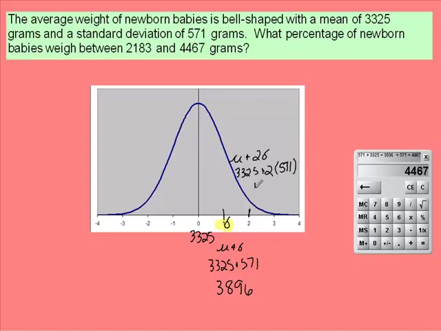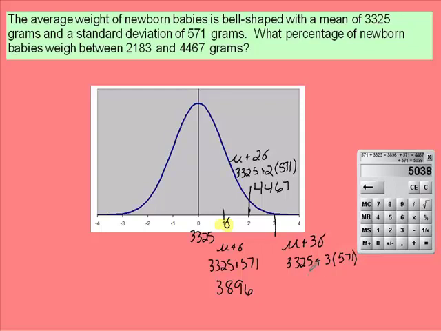Rusty trusty calculator tells me 4,467 for the upper, meaning above the mean, 2 sigma limit. My third sigma limit, mu plus 3 standard deviations, would be 3325 plus 3 times 571